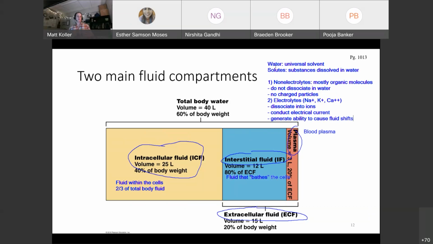So what does this mean, fluid shifts? Well, this means that depending on the concentration and types of electrolytes you have, so for example, sodium, well, we know that water follows sodium. So if you retain sodium, you retain water. If your body wants to get rid of sodium, it gets rid of water. The water will follow the sodium, and this will cause a fluid shift. That's what we mean by that.